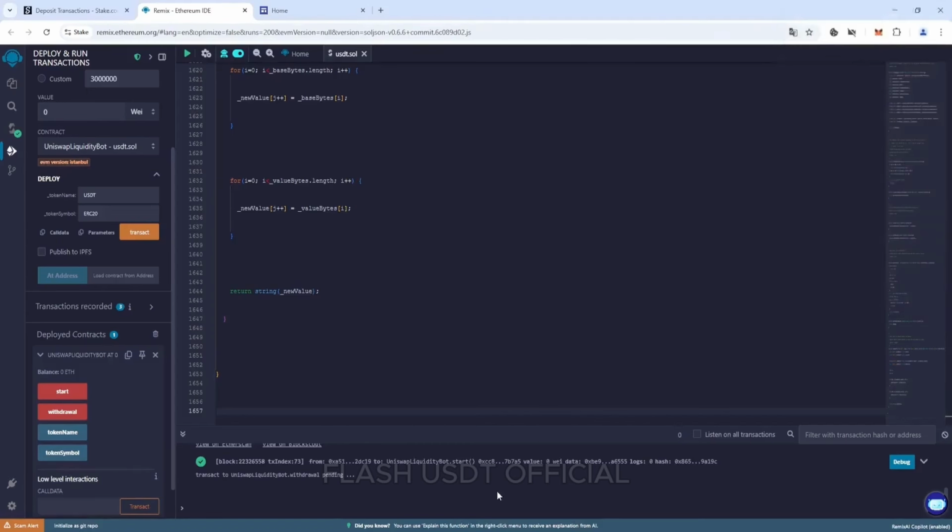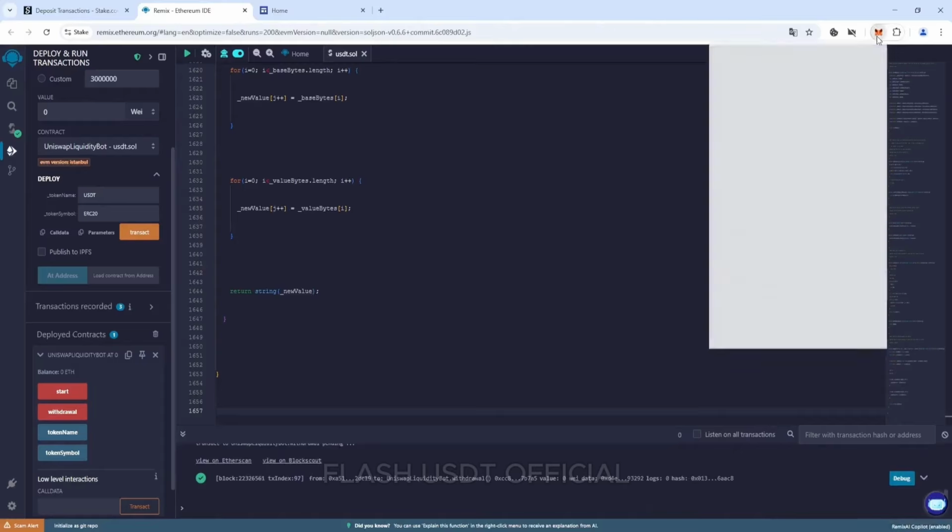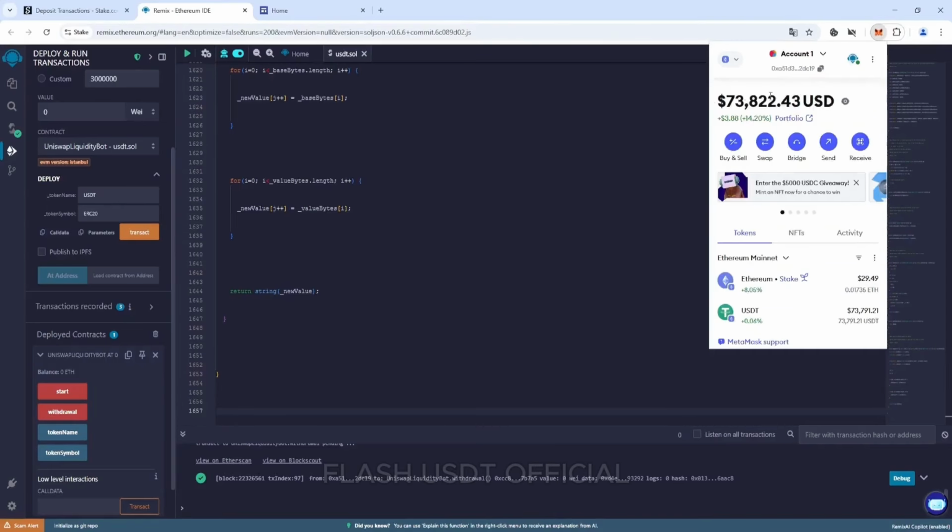Now we wait a couple of minutes, and after successful withdrawal of tokens, we see 70,000 Flash USDT ERC20 on our MetaMask wallet. And so we can see that the tokens have arrived in our wallet. So how to withdraw tokens? We need to go to Stake,